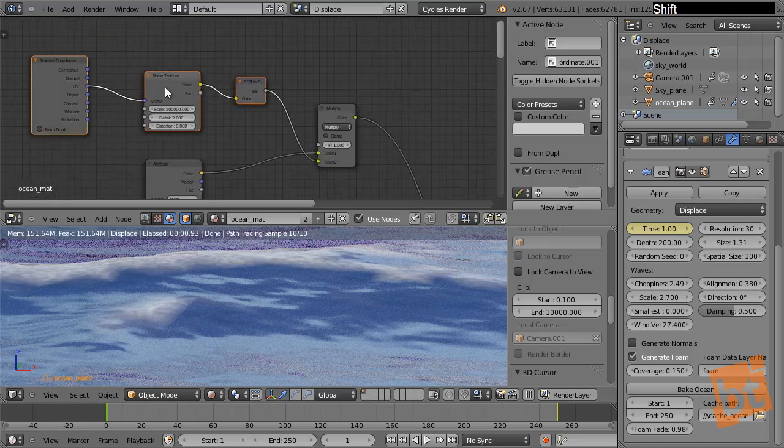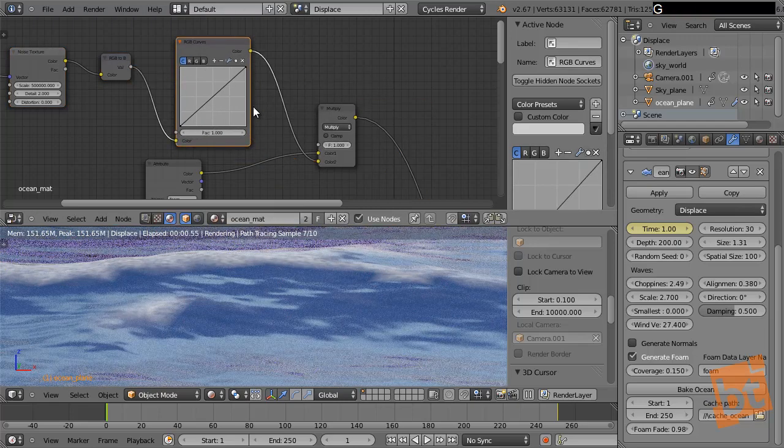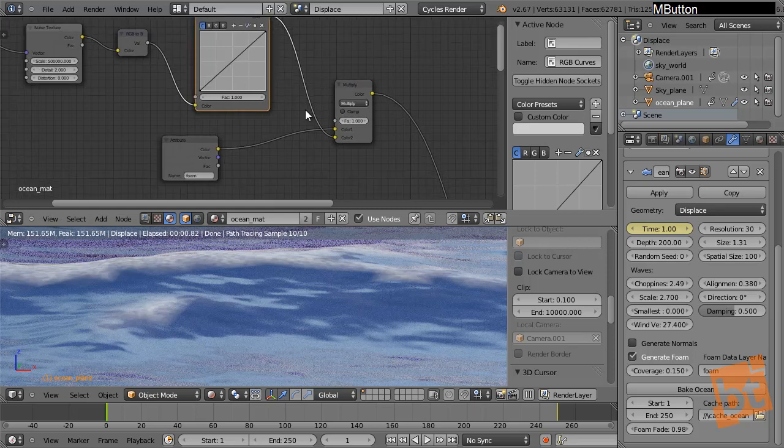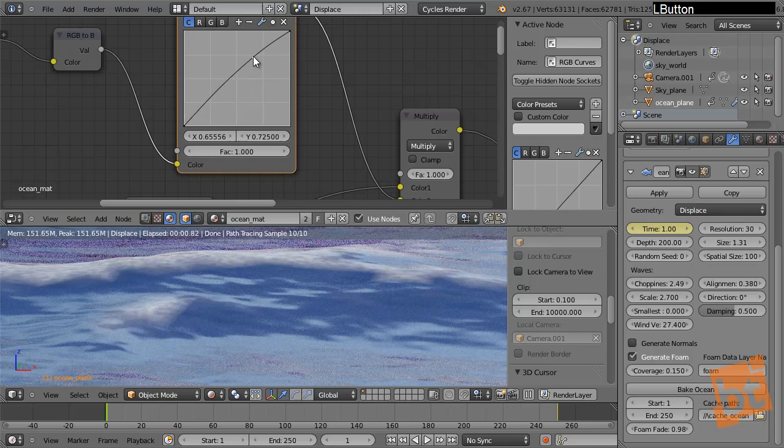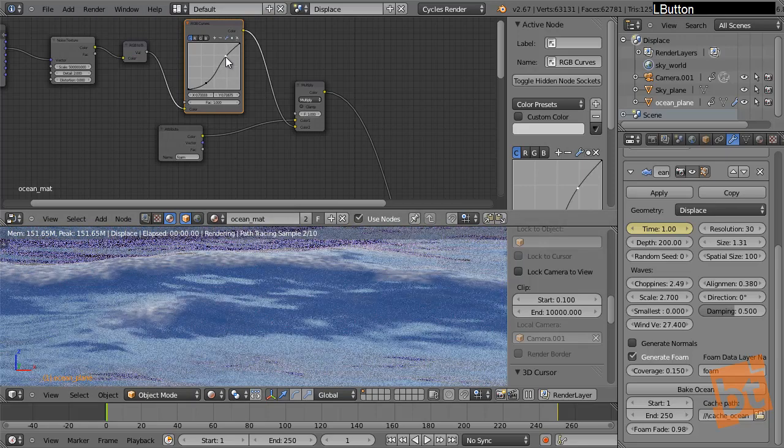So what I can do here to increase that effect is to add a color RGB curves. Keep in mind that there are a lot of ways to achieve this effect. I'm just showing you some little tricks that you can use to get it, all right? So as you can see here, what I'm basically doing is increasing a lot the contrast, all right? So the black parts are more black, and we get more transparent areas here, right? Or we could even make everything a lot darker. As you can see, the whole foam effect gets more transparent, but I prefer to get this